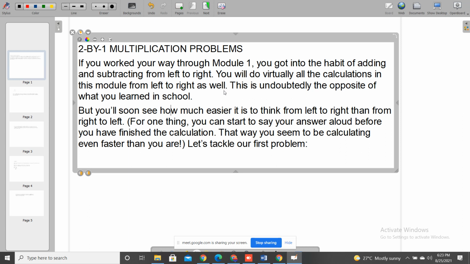For one thing, you can start to say your answer aloud before you have finished the calculation. That way, you seem to be completing it faster than you are. Let's tackle our first problem. Okay. So now